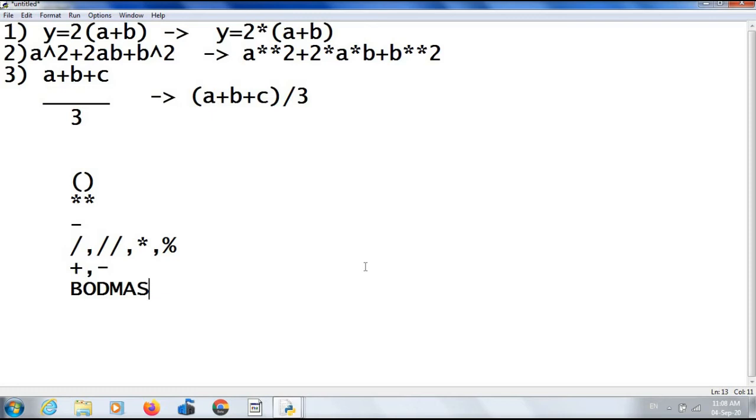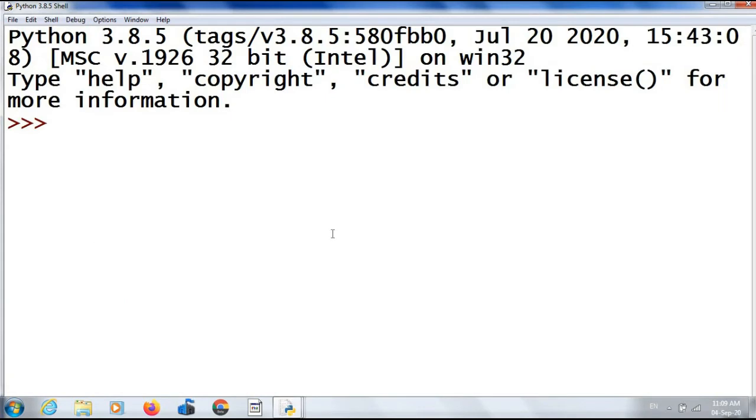These arithmetic operators can be classified into two: unary operators and binary operators. Unary operator means, see, -5. Here this minus operator is having only one operand, that is 5. So it is a unary operator. So an operator which is having only one operand, we will call it as unary operator. -5 plus 6.